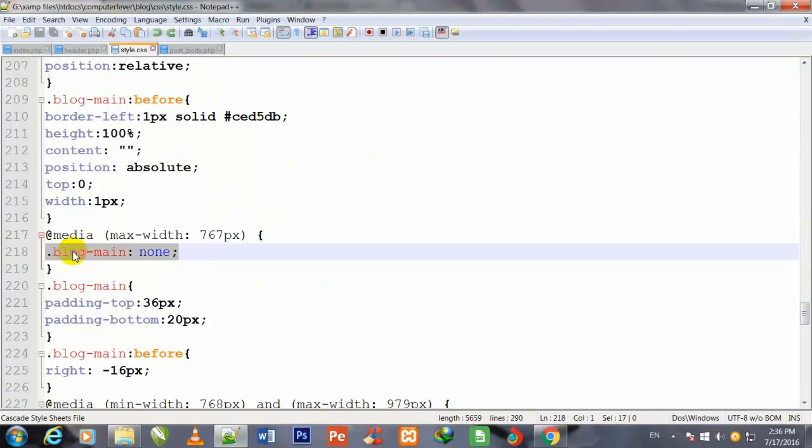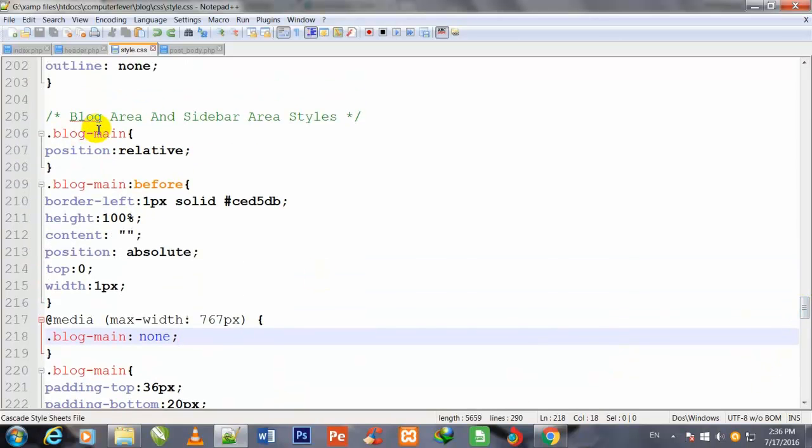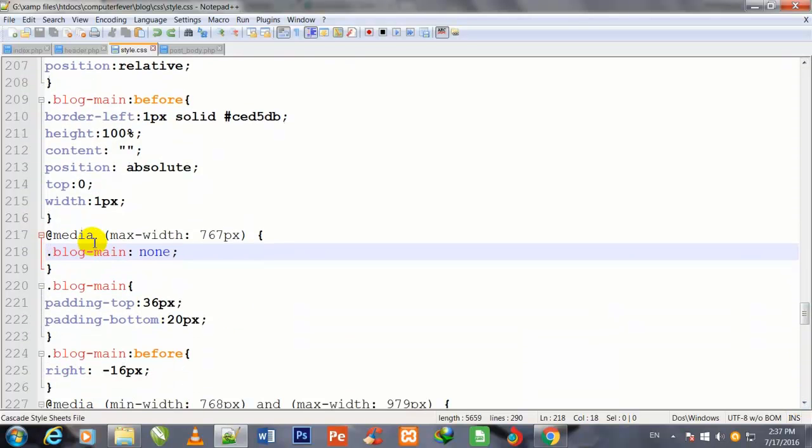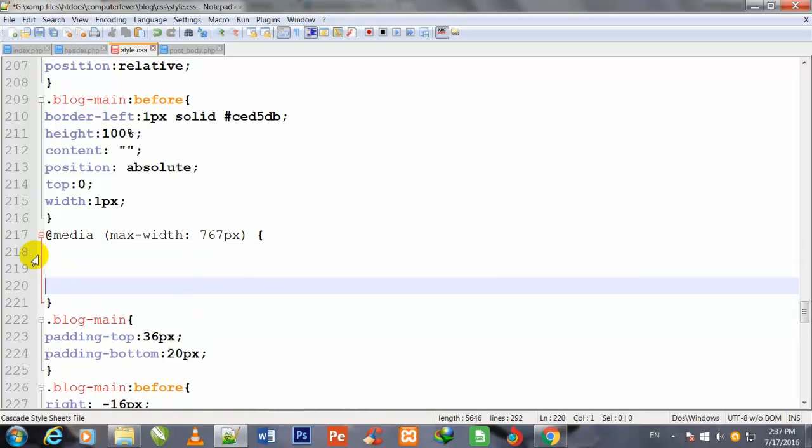Sorry friend, this is the query: media max-width, meaning maximum width 767, and this query is inside the blog area and sidebar area styles. So under this, @media (max-width: 767px). So I am going to correct this. Actually,